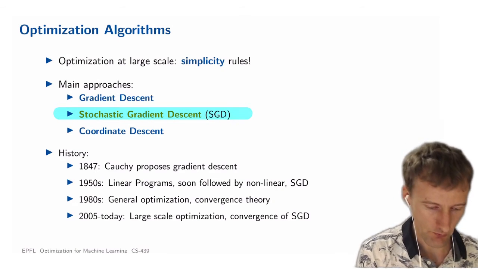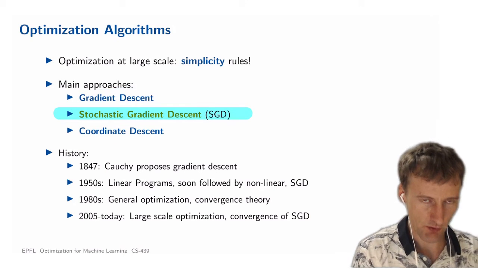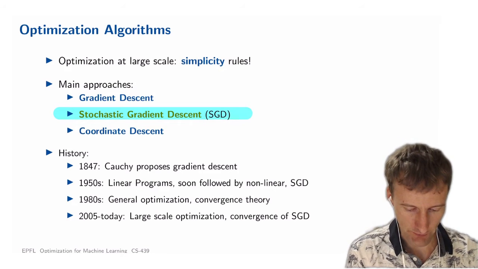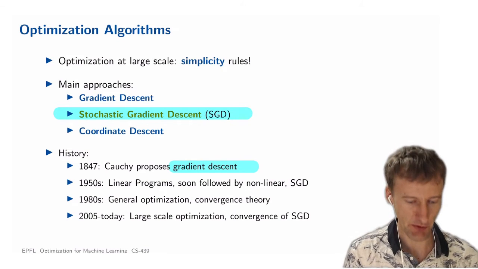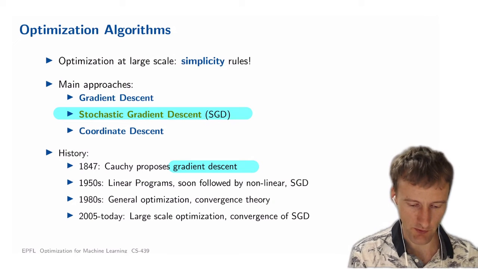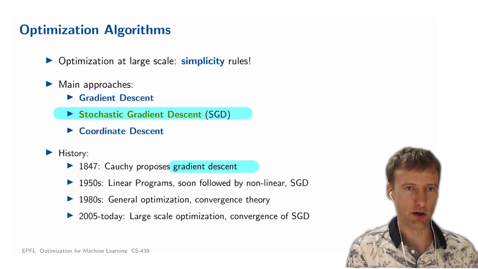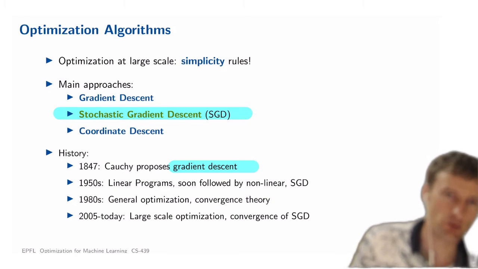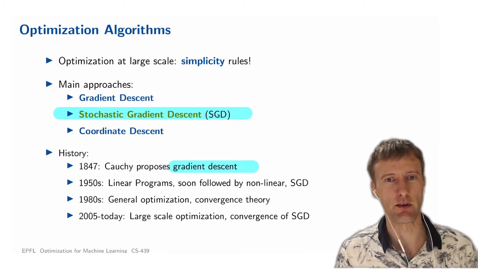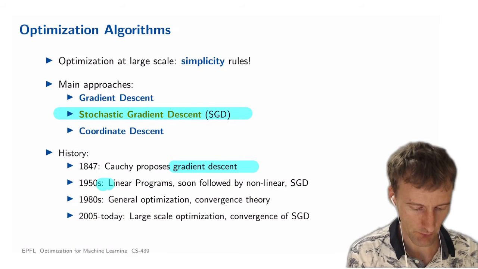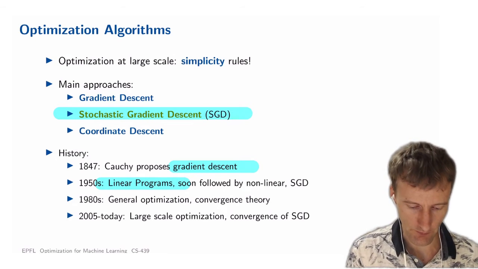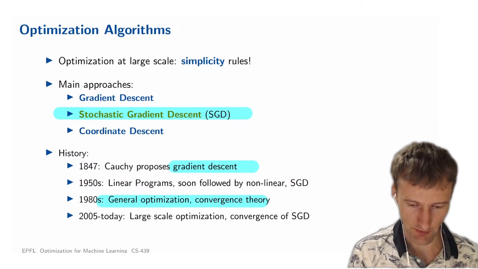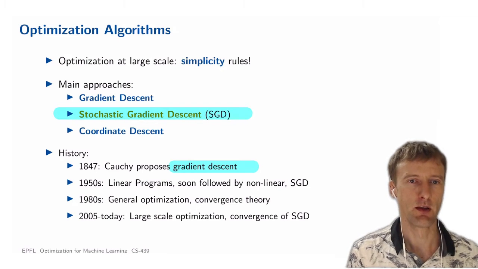But still, we also want to understand the basics and the landscape of all these methods. About the history, of course, gradient descent is very old. It's from the 50s, but not the 1950s, but 1850s or so. So then 100 years later, there was a large body of work coming from operations research to do optimal logistics and this type of continuous optimization, which led to the development of linear programs, which are linear objectives over linear constraints. And then also convergence rates have appeared to understand how fast these gradient-based algorithms actually are. And today,